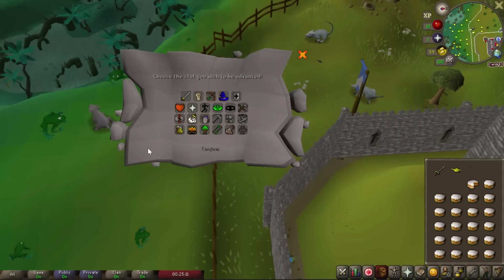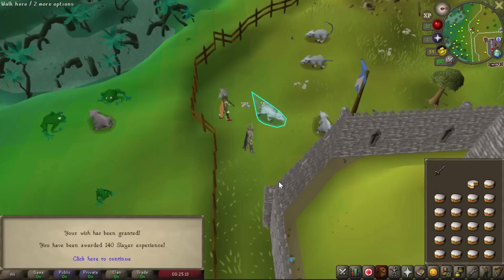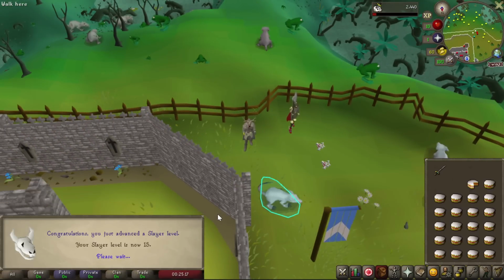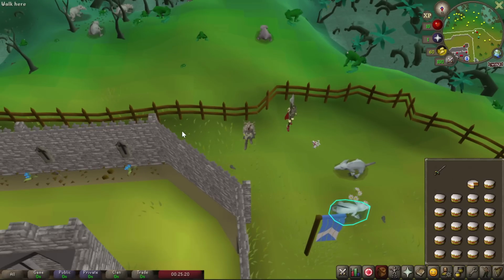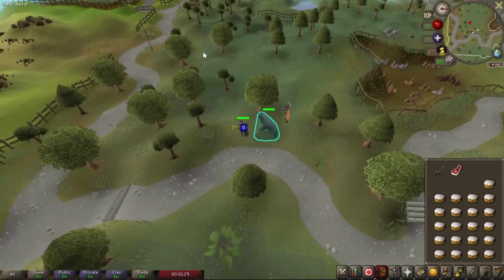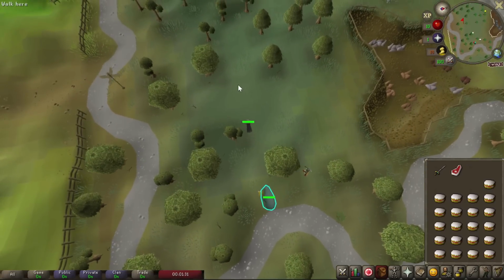We also managed to get our first genie lamp. This is why I rushed Slayer off the bat. For this reason alone, I got 140 Slayer XP versus the 10 that you would have gotten at level 1 Slayer. I even did attempt to do the correct method on the bear for a little bit as well, but